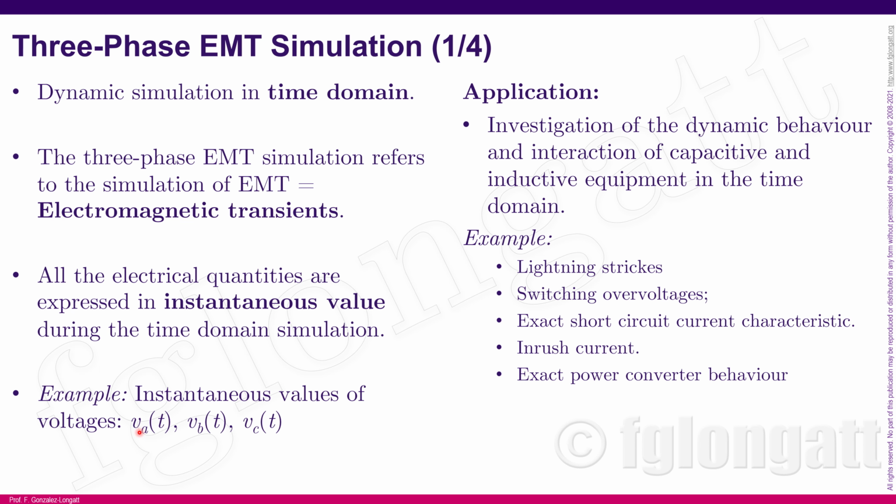For instance, I say overvoltages because overvoltages is where you can see the most important interaction between the magnetic field and the electric field, okay? But there are several things that you can see. For instance, lightning strikes. Lightning strikes are one of the phenomena where you can use these EMT simulations, of course, and there are also many others,